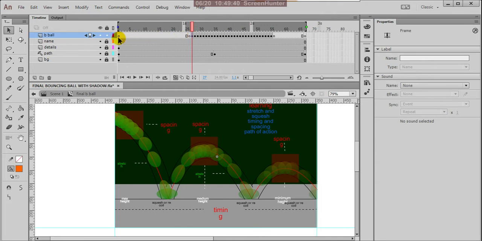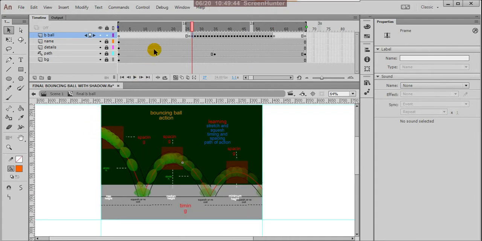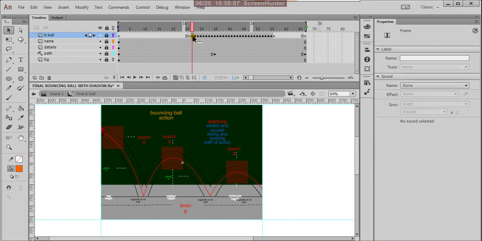To recognize the audience we need a few extra frames to understand what the action is, what is going to happen. So for that we are leaving a few frames. A few frames means 1 second, 24 or 25 frames we are leaving before entering the ball. After that the ball is entered here.